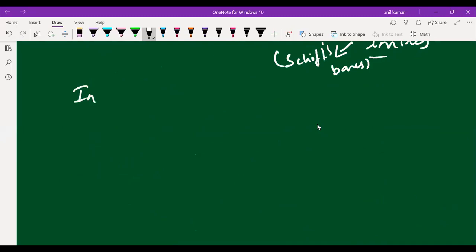In reality, glucose exists in two crystalline forms, alpha and beta. Alpha and beta crystalline forms. That means the open chain structure of glucose, what we have discussed in the last class,